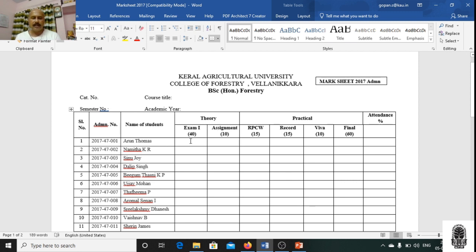We know that in a course with a practical component, you have a theory component which is internal in nature, and we have a final examination for 60 marks that is external in nature. In the courses that we are running in Moodle, it is always possible to conduct the examination for this theory part. In our scheme of things, we have two components: exam 1 for 40 marks, and an assignment for 10 marks.